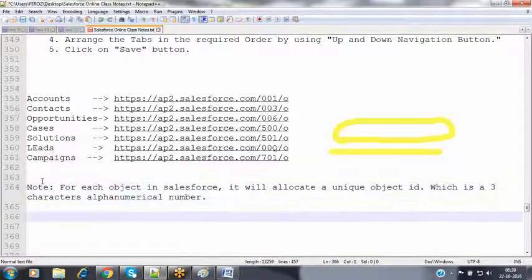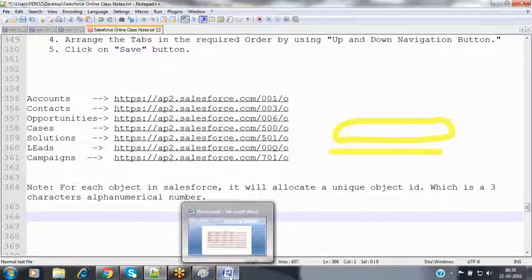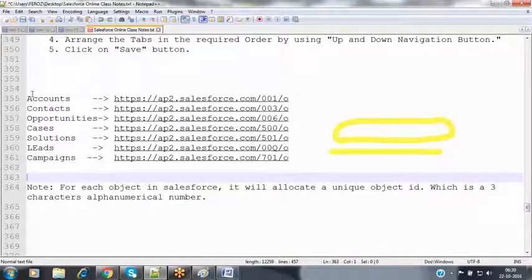So for the account, it will have 001, for the contact 003, for opportunities 006, like that. For every object, it allocates one unique identification number. These are the various objects, and these are the IDs available to you.